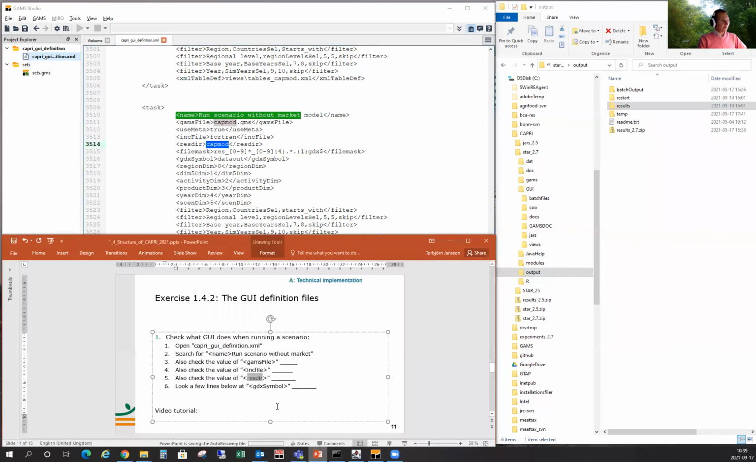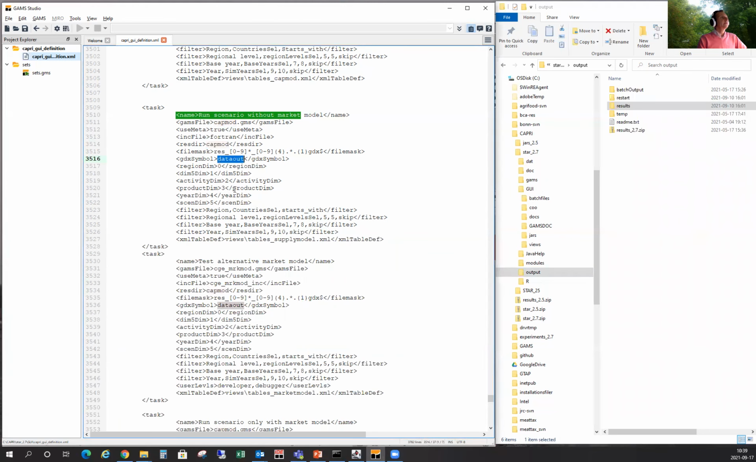There was one final task. Find the value of GDX symbol. Okay, that is here. GDX symbol is data out. That is the GAMS parameter that the GUI is loading when you view results. When you want to view the results